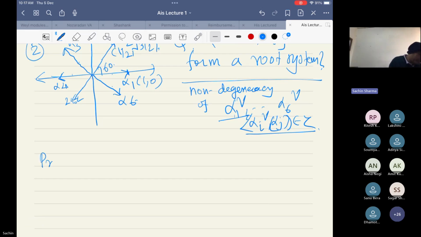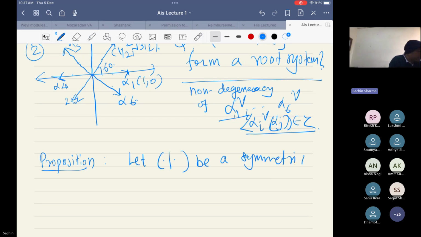Let V be a symmetric bilinear non-degenerate